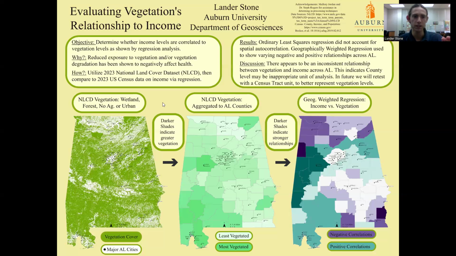So NLCD comes from satellite imagery. It has 30 by 30 meter cells, so this is area, a 30 by 30 meter area, and it's turned into one kind of data type. And so there are 17 total data types within the NLCD. And for the purposes of my study, I included as vegetation deciduous forest, evergreen forest, mixed forest, shrub/scrub, grassland, wetlands, and woody wetlands, excuse me, and emergent herbaceous wetlands.